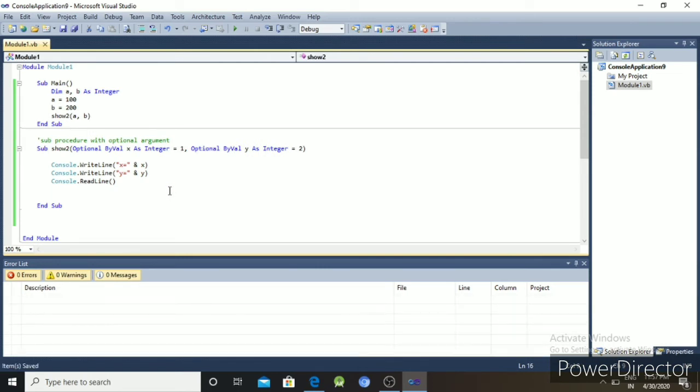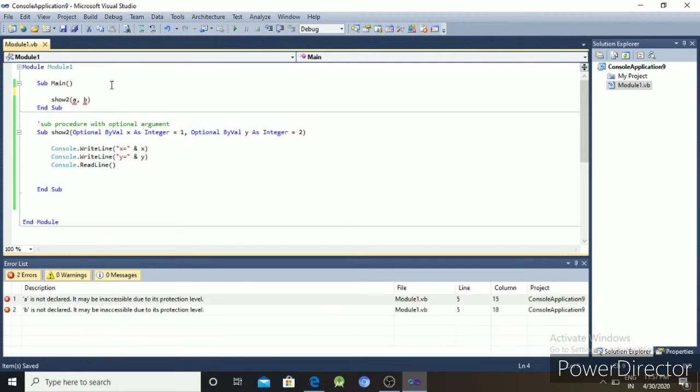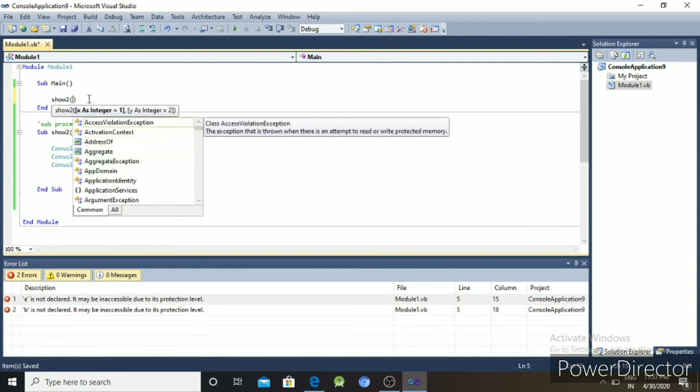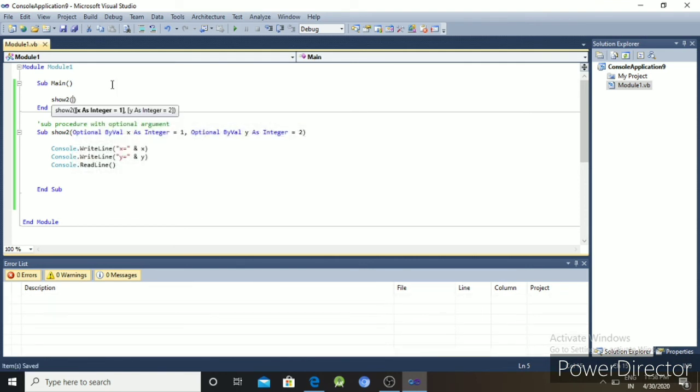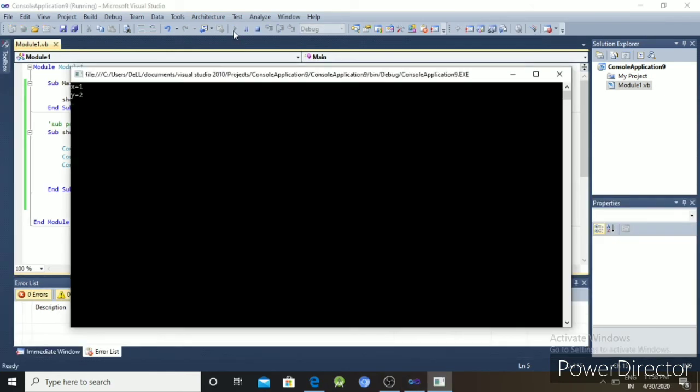Then display the output. The output is very simple: x equals 1 and y equals 2.